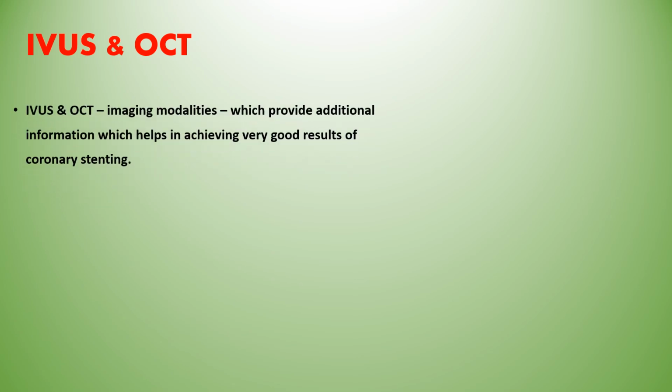So what are IVUS and OCT, which are recently used in a lot of treatments? These are additional imaging techniques where we can see clearly, which provide a lot of additional information and which help in very good results of coronary stenting. After keeping a wire in the blood vessel, we will pass these imaging catheters and we will analyze